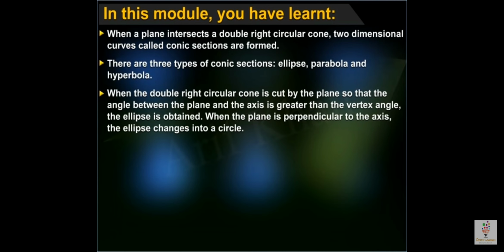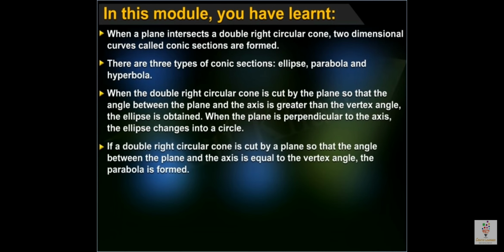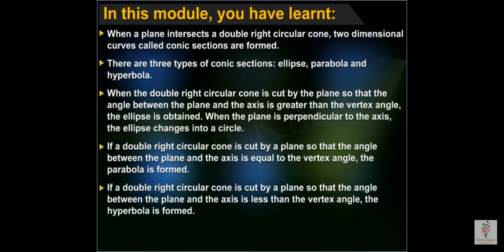If a double right circular cone is cut by a plane so that the angle between the plane and the axis is equal to the vertex angle, the parabola is formed. If a double right circular cone is